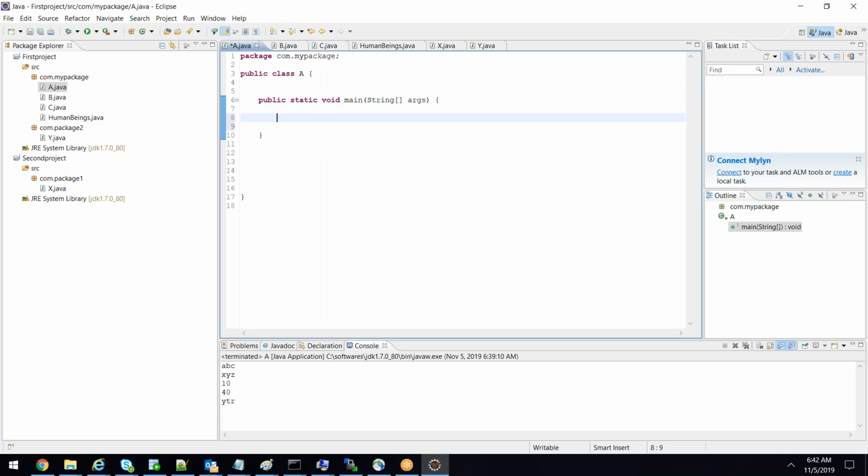So now, inside class A, I want to create the object of class B, and I want to create the object of class C. If you write this statement, the object is created, correct? Yes. And every line has to be terminated with a semicolon, correct? Yes. So I created an object of class B, an object of class C, and an object of class human beings,